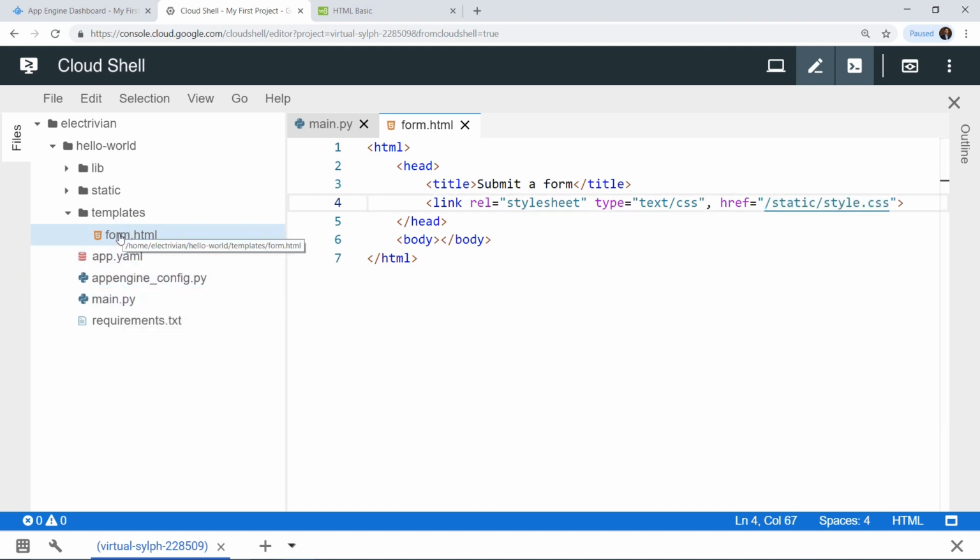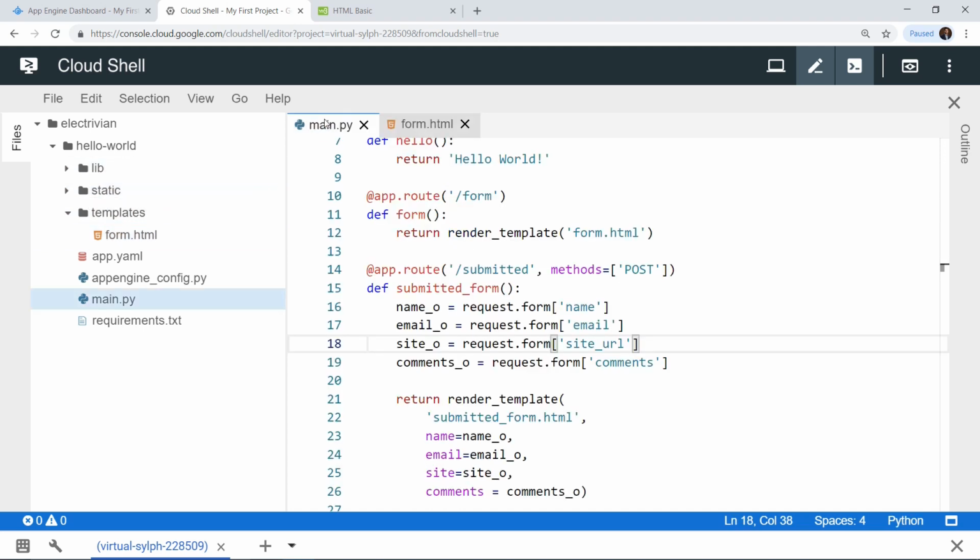Okay, so if we were to give it with respect to the form.html file, then we would first of all have to go up by one level. So currently we are inside the templates folder, so we would have to come out of the templates folder and then go inside the static directory and look for style.css. Okay, but instead of that we are directly looking into static for the style.css file, because we'll be calling in the form.html file from the main.py file.